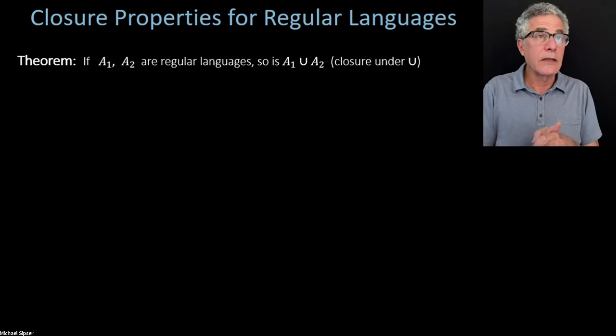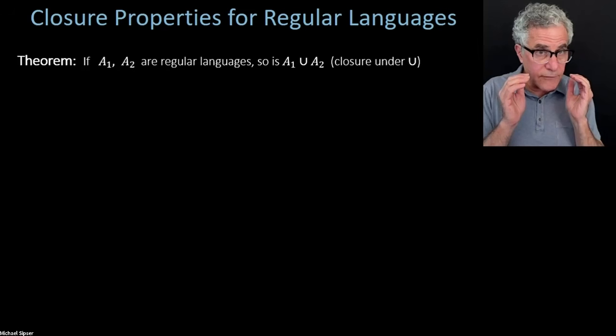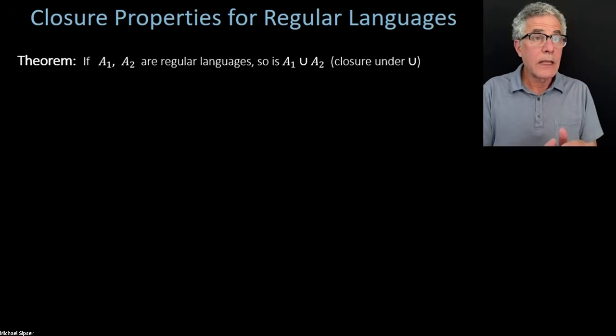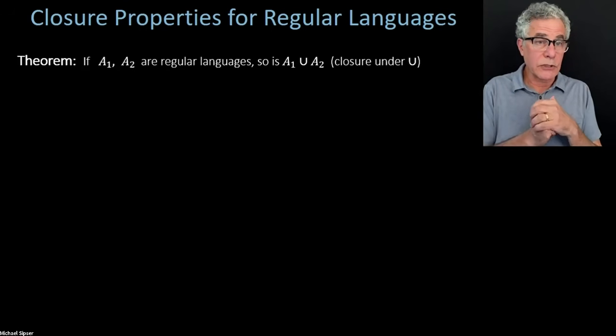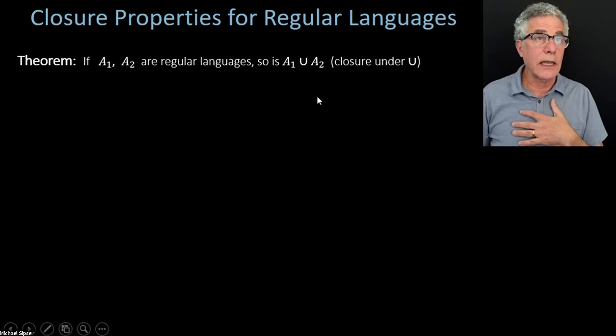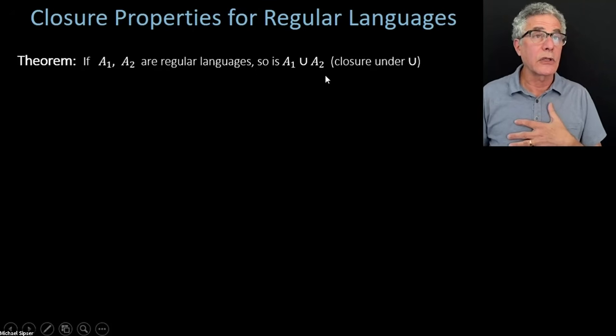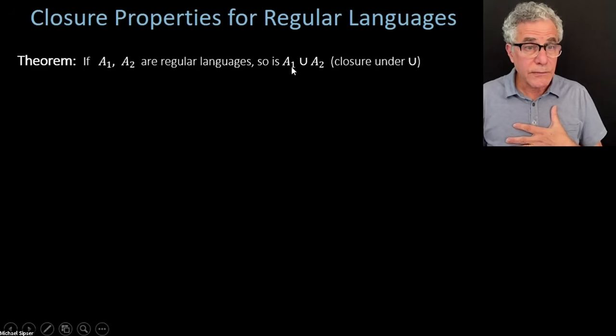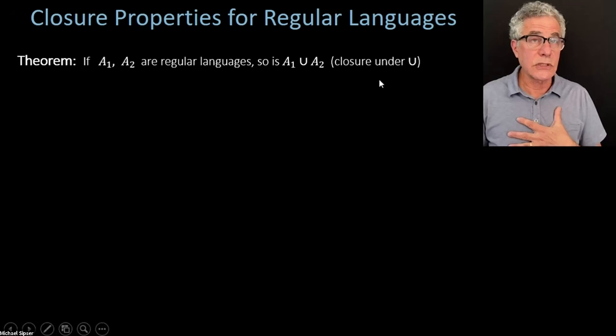And the fact is that if you look at all the regular languages, these are the languages that the finite automata can recognize, they are closed under the union operation. So if you start off with two regular languages and you apply the union, you get back another regular language. And that's what the statement of this theorem is. I hope that's clear enough in the way I've written it. If A1 and A2 are regular, then A1 union A2 is also regular. That's what the statement of this is. And it's just simply that that's proving that the class of regular languages is closed under union. So we're going to prove that.